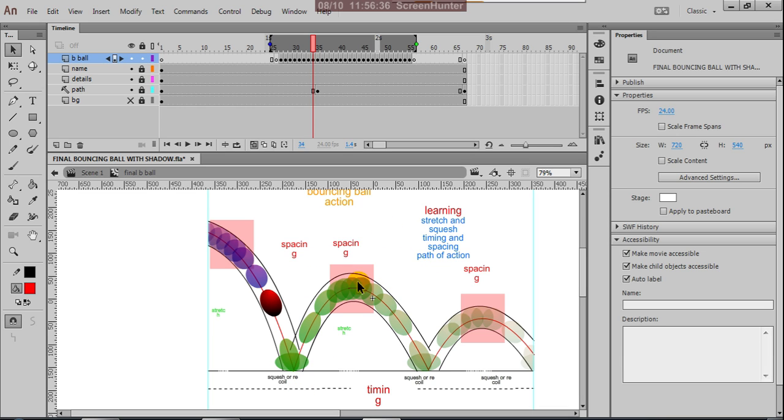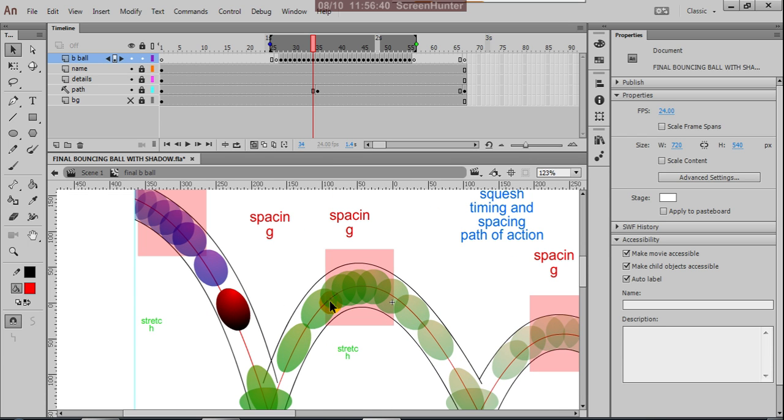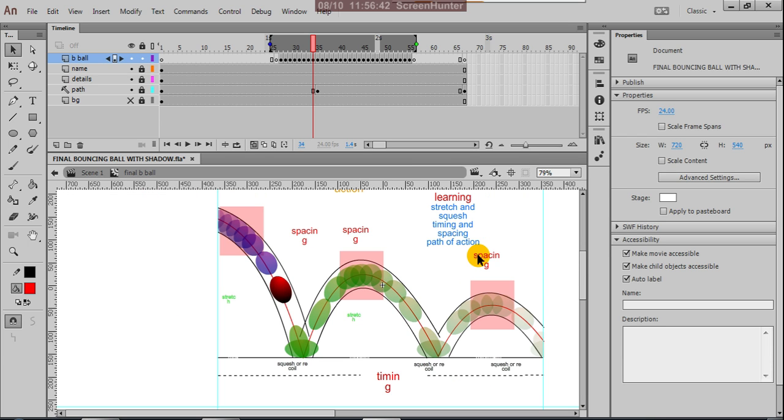Spacing is how much gap you are leaving between each frame. And timing means, for the ball entering into the room and leaving the room, how many frames it is taking, that is called the timing of the bouncing ball action.